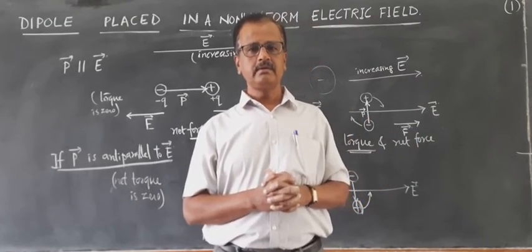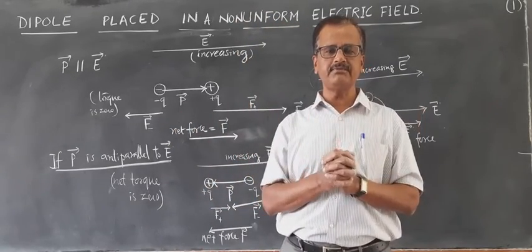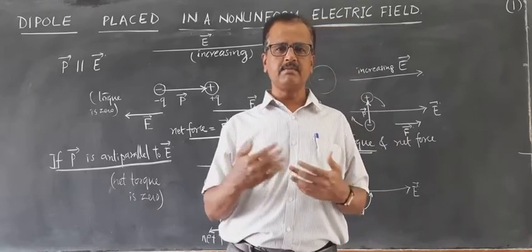Okay. Now this is about the dipole placed in uniform as well as non-uniform electric field. We are going to discuss these dipoles at greater length when we discuss the types of molecules, like polar molecules and non-polar molecules, and how they behave when placed in a uniform electric field. What is the meaning of dielectricity? What is the meaning of polarization? What is the meaning of electric field in the dielectric? All these things we learn at great length at the end of the topic.